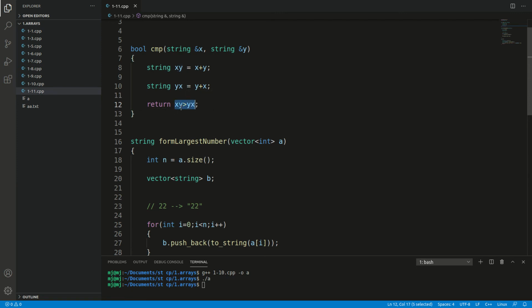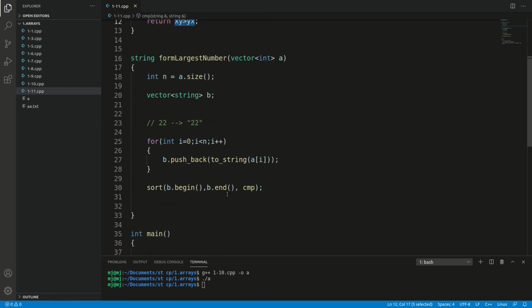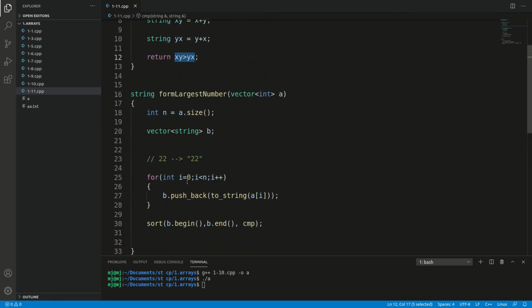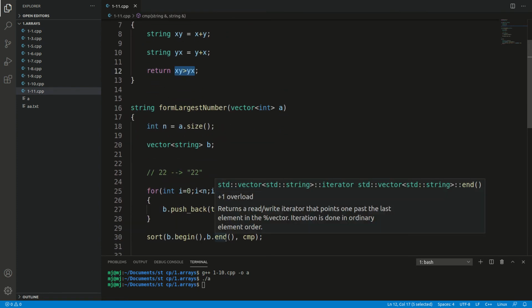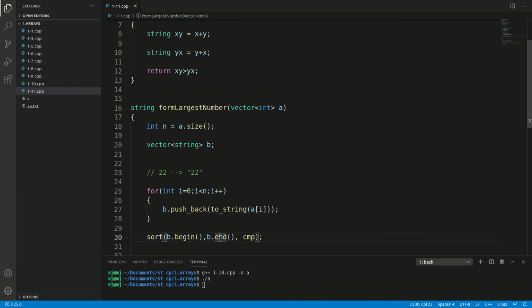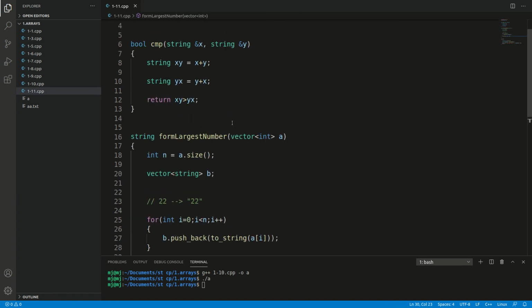Returning true tells the custom sort method that whichever is first should be kept first and then the second value. That's why this custom sort does the task for us.